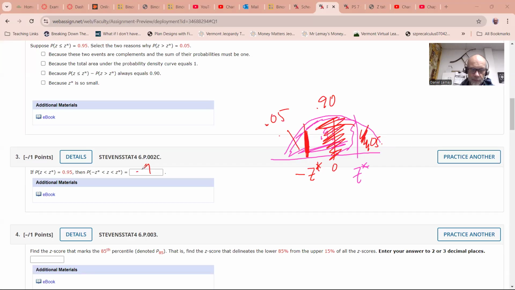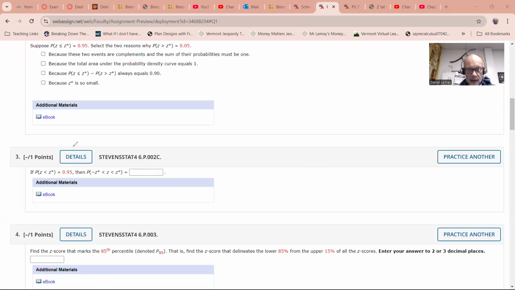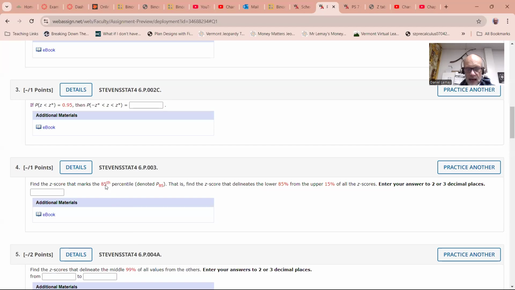Okay, so then I'm going to clear this out. Let's see. Okay, so now they gave me a probability. They gave me a percentile. They're going to tell me what z-score it is. So if you go back to David Lane,